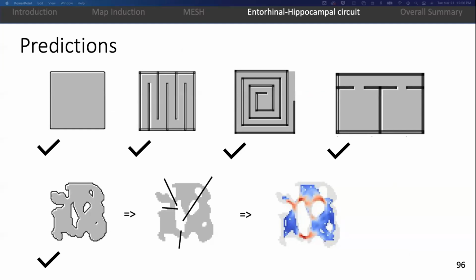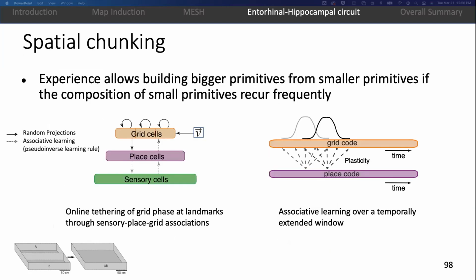I think we're kind of out of time, so I'm just going to jump ahead and say that we can also extend this model to model spatial chunking, which allows building bigger primitives from smaller primitives if the compositions of the smaller primitives are recurring frequently. And that's happening through these two key components, where instead of learning the associations between a given place code and